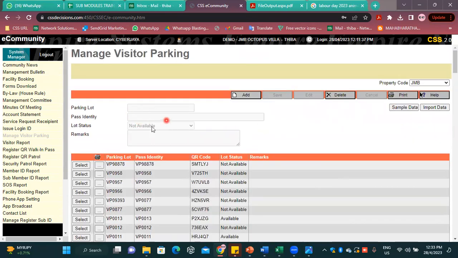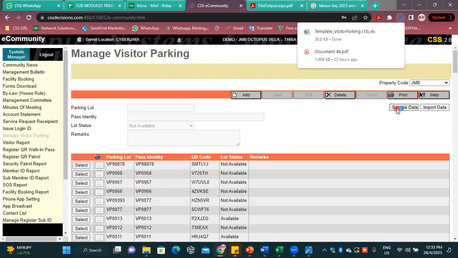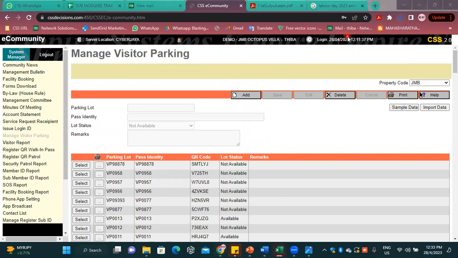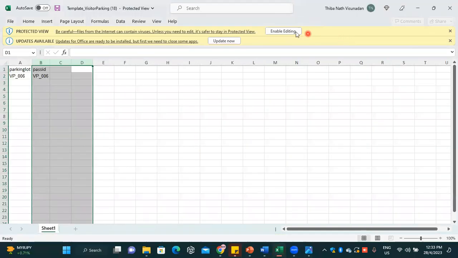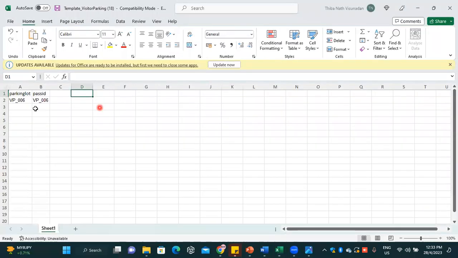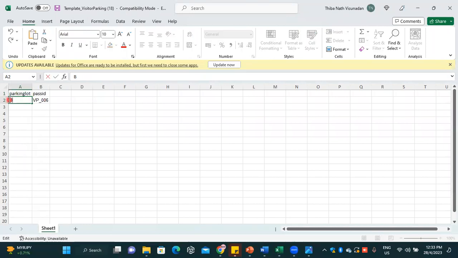If you don't want to update from here one by one, maybe you have about 100 visitor parkings to migrate, you need a template to migrate, also can. You can go to the sample data here. Enable editing. So you can update from here. For example,